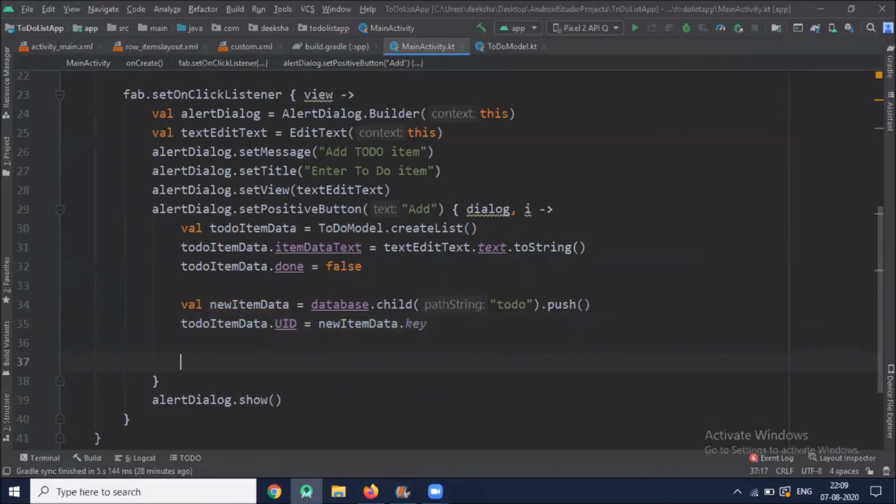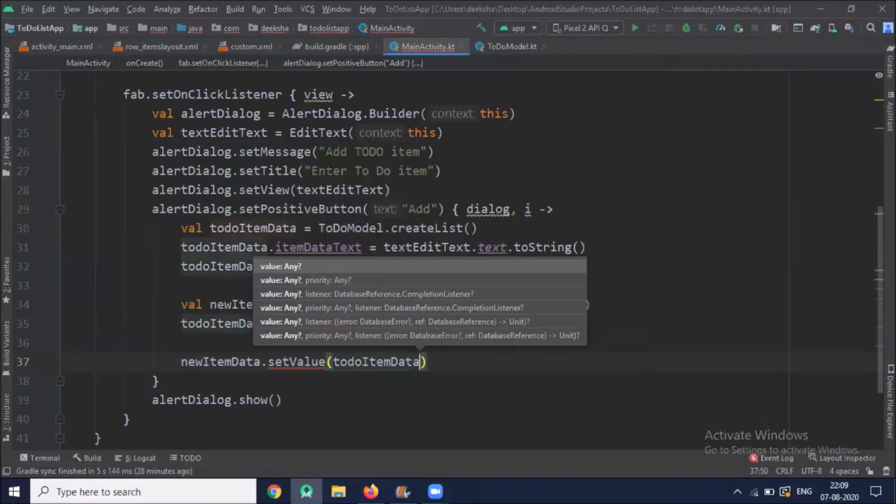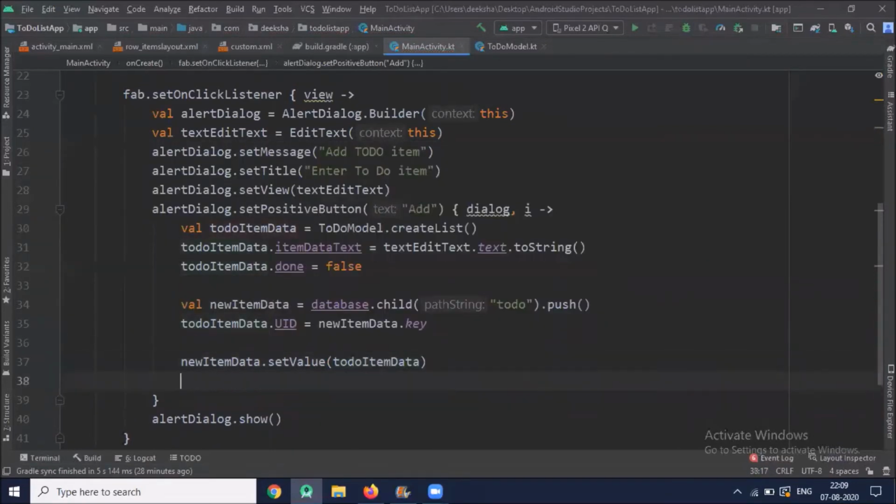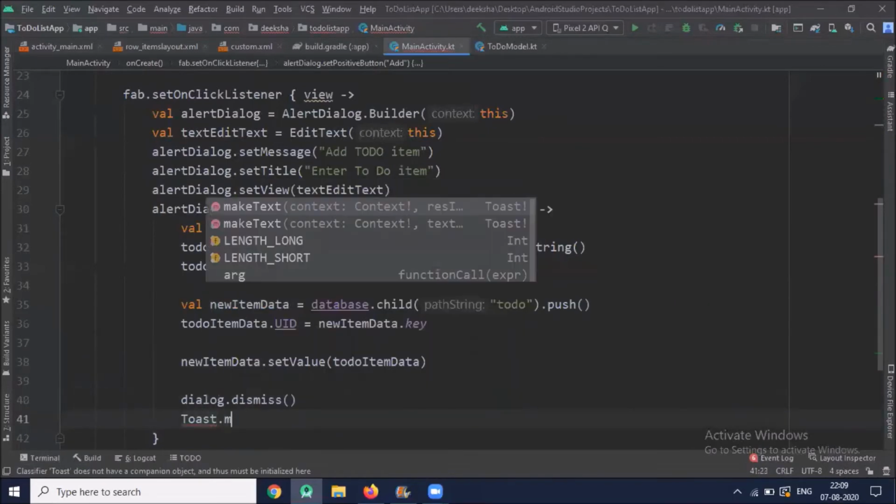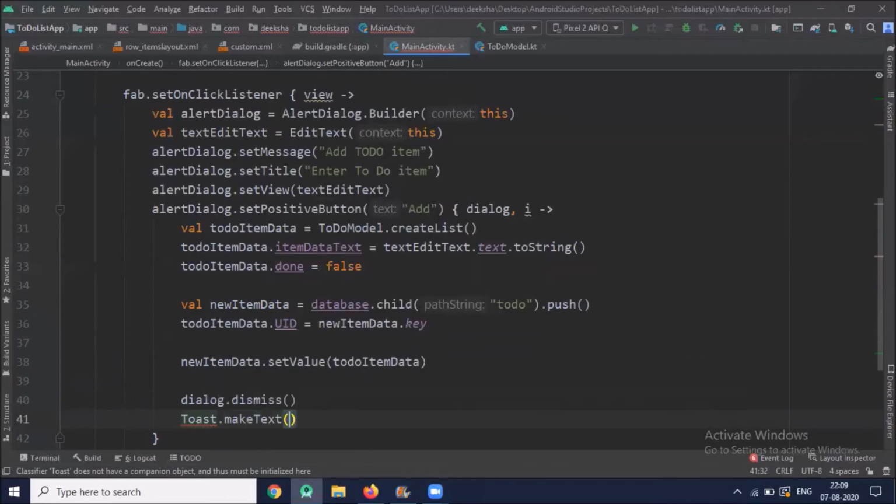Now we use a reference to set the value on that ID. Now we'll create one toast message that will display item is saved.